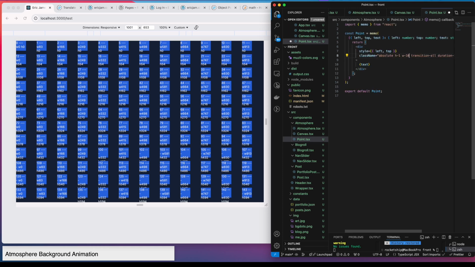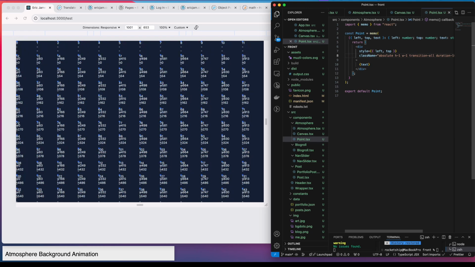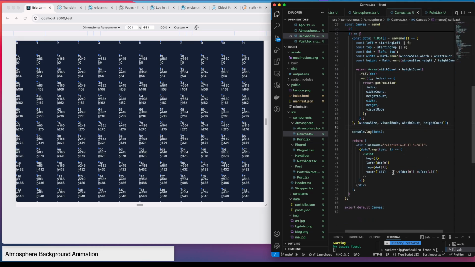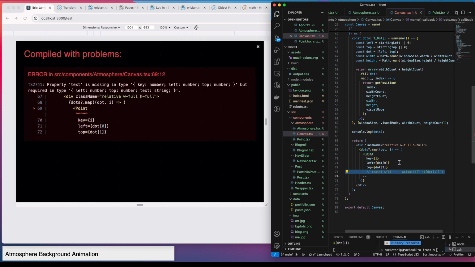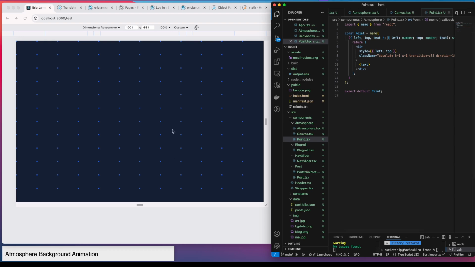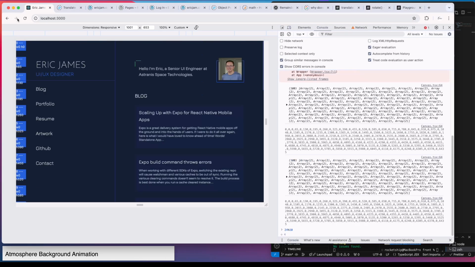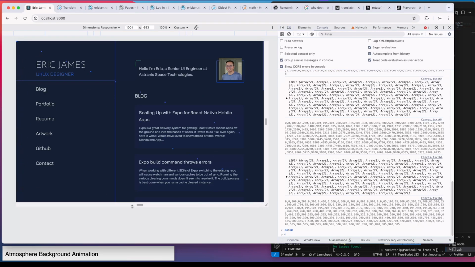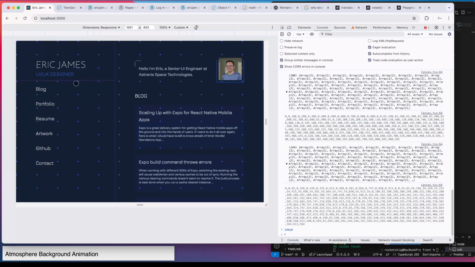So in reality, for visualness, I would probably want this to not have text. Let's take out the text for now. But it didn't like that. It wants text. Make it optional. Make it dots, because originally the idea is that I want this sort of cool dot background happening,